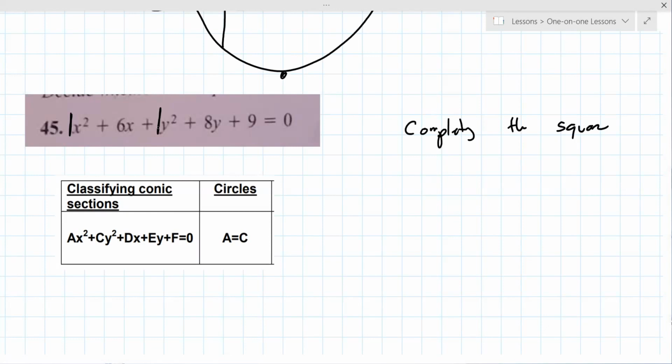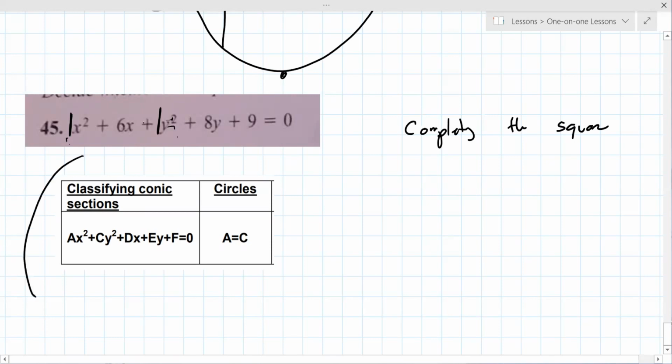Well, A is the number in front of X, which is 1. C is the number in front of Y, which is 1. If A equals C, then it's a circle. Oh, that's a circle. And that's assuming some other things, but the way your instructor wants you to do it